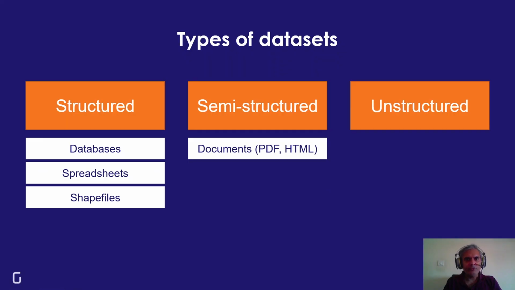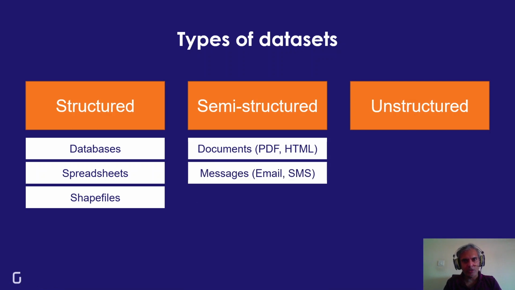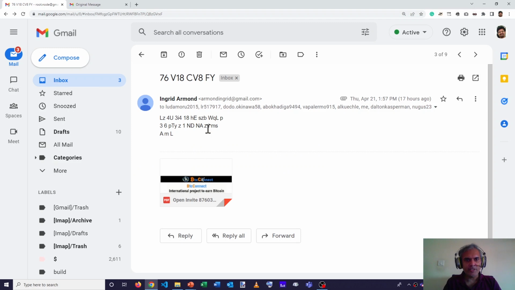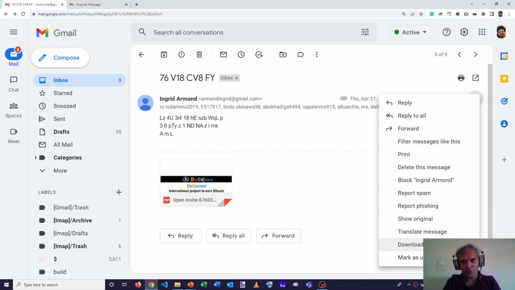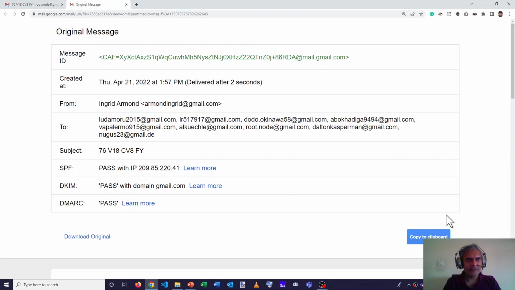Another example of semi-structured data can be found in messages such as email or SMS. Here's a simple email message, which perhaps is a spam message. But behind the scenes, if you look at the original, that information has details about the message ID, where it was created, what the subject was, and who it was sent to.